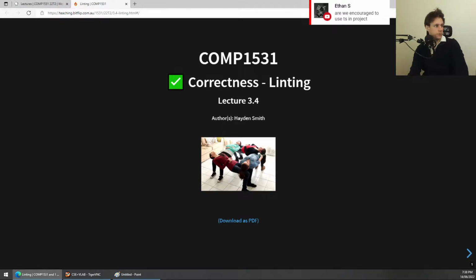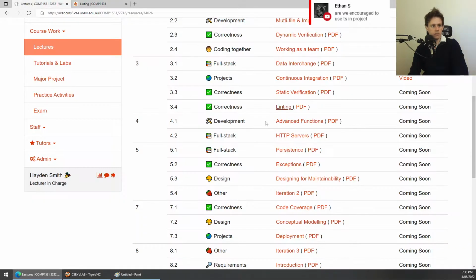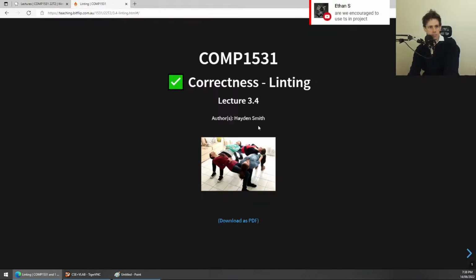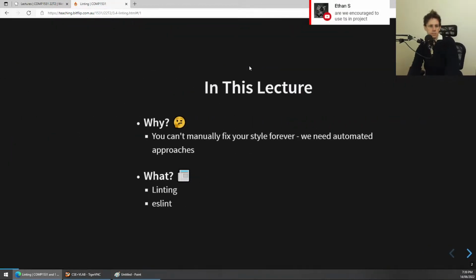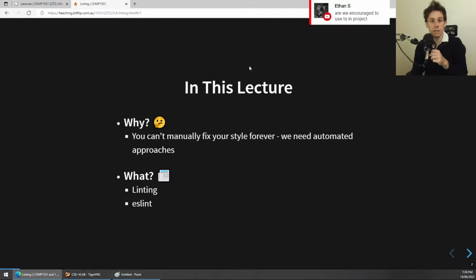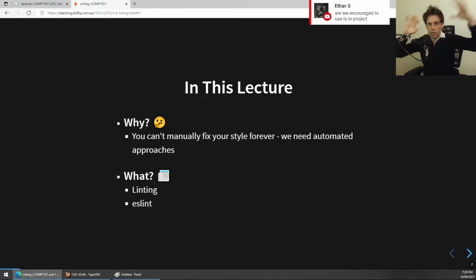So let's move on to linting, which is, I think, not the last correctness lecture, but one of the last main ones, and it's the tail end topic of static verification as well. The 3.3 lecture where we talked about TypeScript was a very complex type of static verification. It was about this TypeScript language that will go and check all the types are the same, and it's a very complex program. Whereas what we're actually talking about in this lecture is how to fix style,